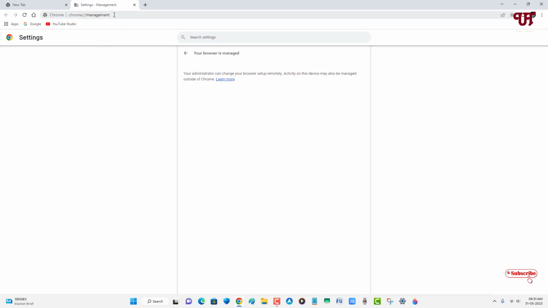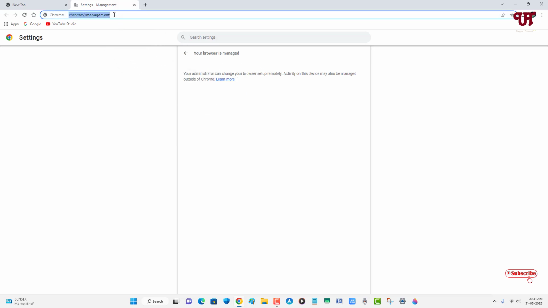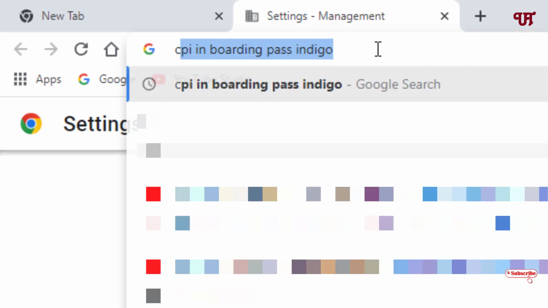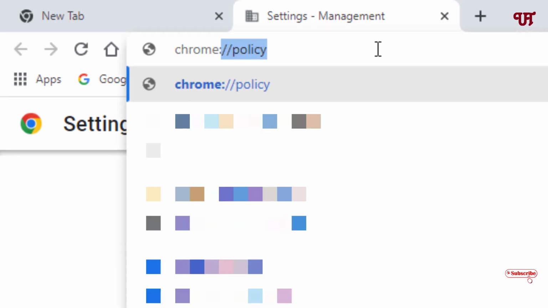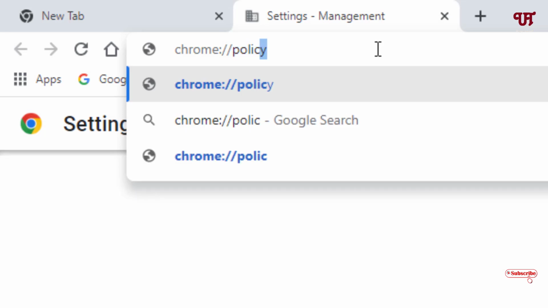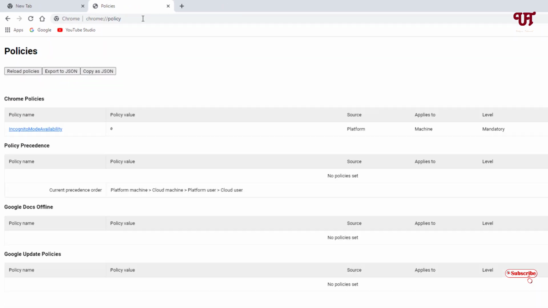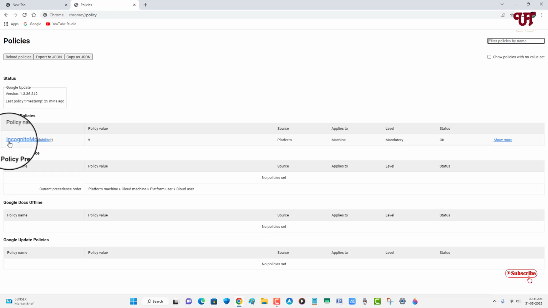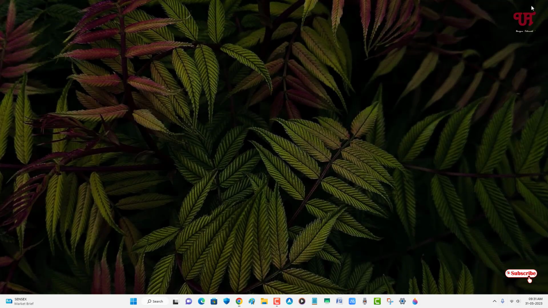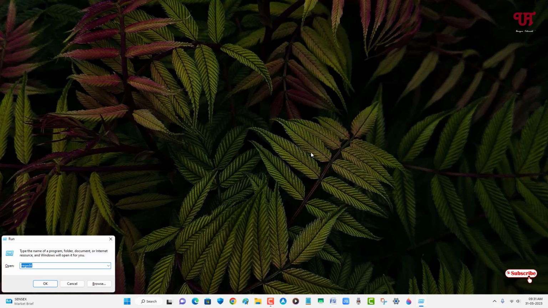So for this, on the address bar, just type chrome://policy and hit enter. Now you can see one option with the name being enabled under this policies page, right? Now on your computer keyboard, just press Win+R to open the Run program,